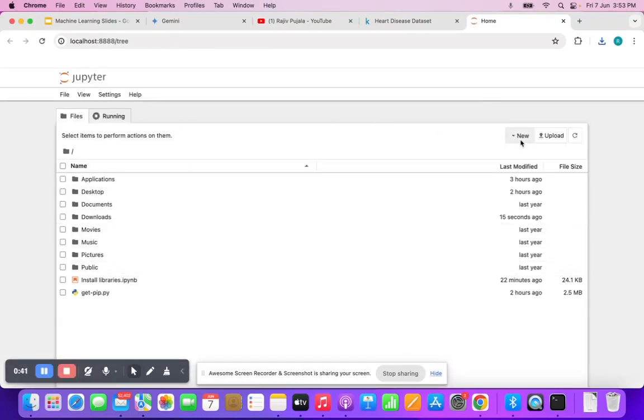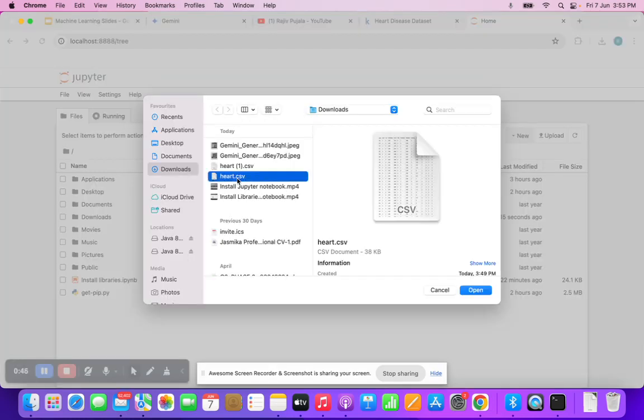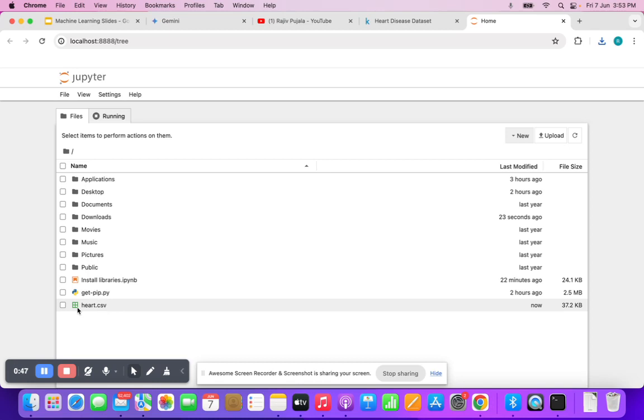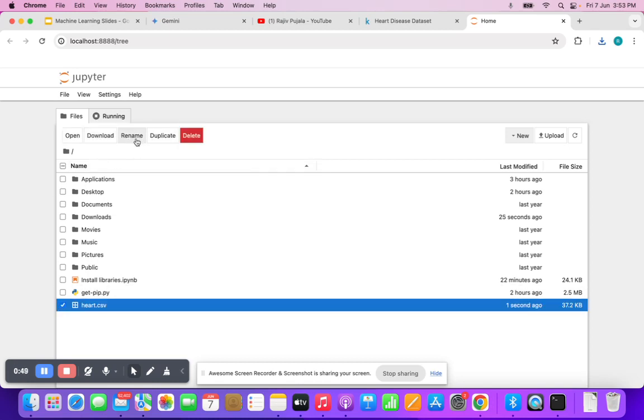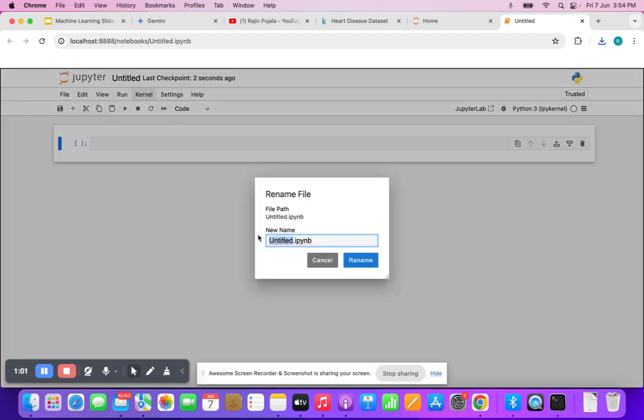And here, let's import the file. Click on upload, whichever you downloaded. Click on heart.csv. Select this file. So we have successfully imported the file. Click on rename and save the file. And now let's create a new notebook for this one. How to save